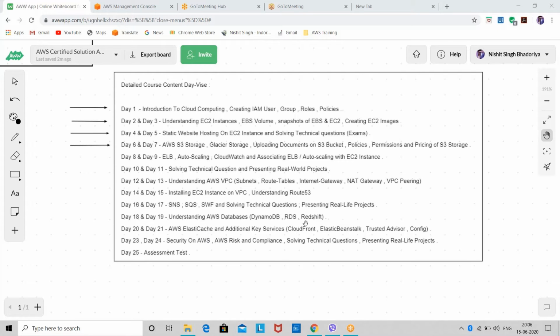Okay, so we have studied ELB and auto scaling group. Today, first we'll see how we can configure a CloudWatch and how we can get the notification when our CloudWatch alarm triggers. I think I have taught you guys how we can associate an EC2 instance with ELB. Have I taught that on Saturday? Like how we can associate our EC2 instance after we create ELB and auto scaling group.